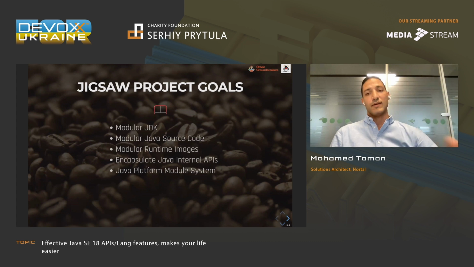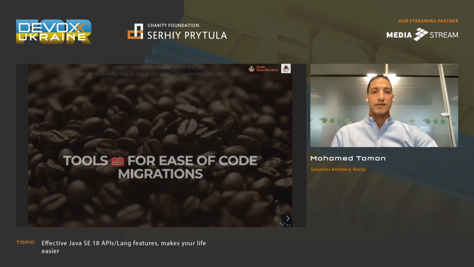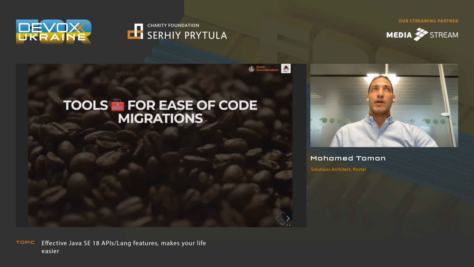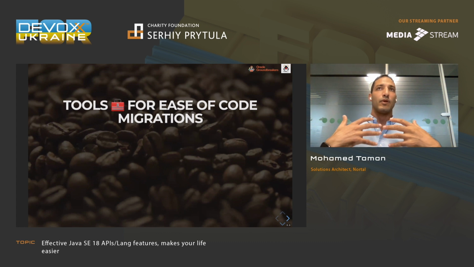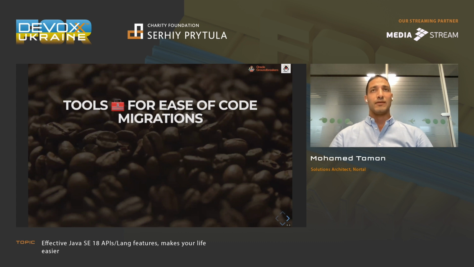If you would like to understand and deep dive, you can read more, and also how to create your modules. There are two parts to this. Okay, imagine that you would like to move to a module system. How can I detect what my application uses, what is an internal API that I shouldn't use, or what is deprecated? Because since JDK 11, as you will see, we started to literally deprecate for removal, and we started to clean up the JDK.